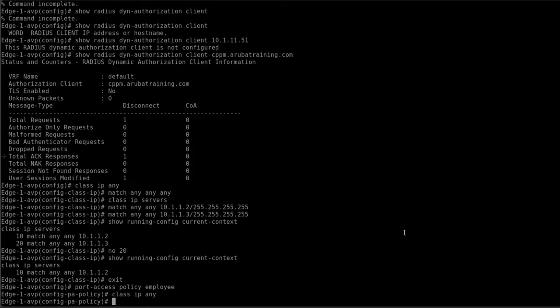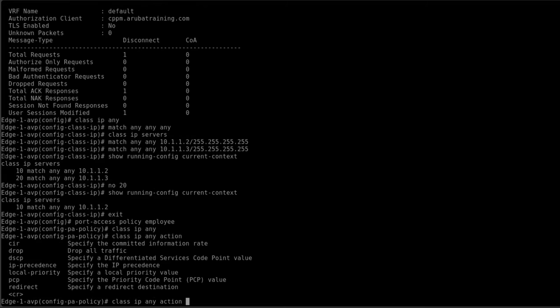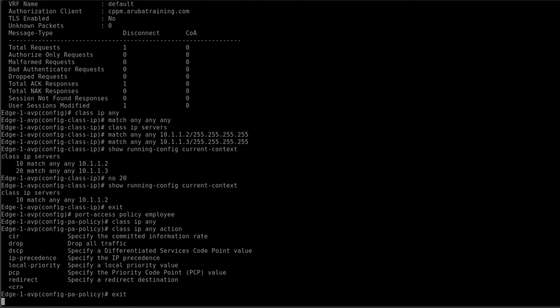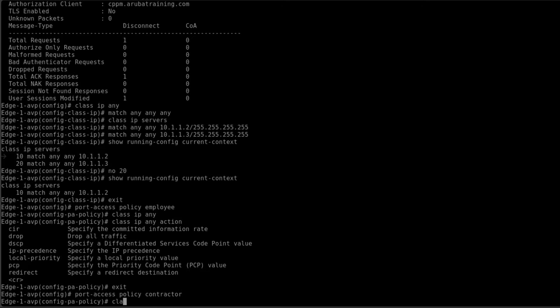So we can look at the actions, if you like, class IP any action. And we can look into what actions can be taken in this case. But we'll leave it at this point, and then we configure another policy we call contractor. So we're going to exit this one, port access policy, name it contractor, and we're going to match class IP servers,